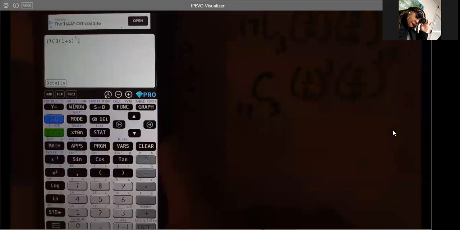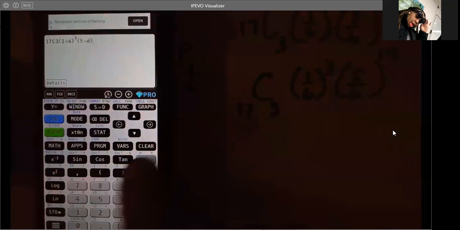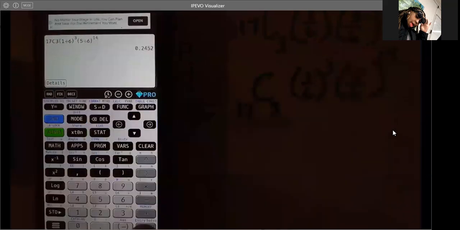And then open parentheses, 5 over 6. Close that. And that's going to be to the 14th power. So we raise that and put 14 in there. I like to go ahead and get out of that exponent, so I hit the right arrow. So we got 17 taken 3 at a time times 1 over 6 to the third times 5 over 6 to the 14th. We just hit enter and we get